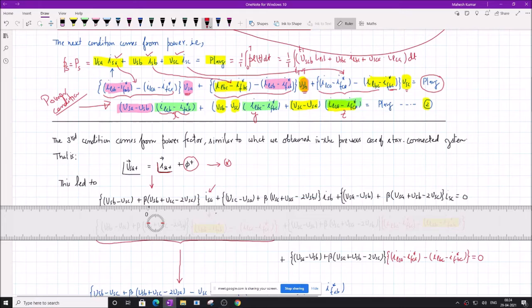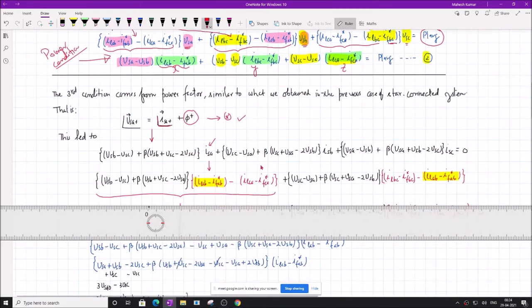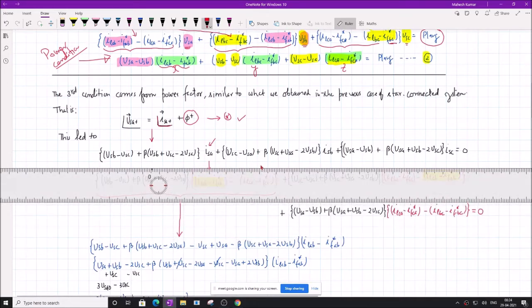If you can recall, we already have done it, because this equation is same. We are looking from source side. So if you look from the source side for given ISA plus and VSA plus, this equation will result into the same equation as we have done earlier. So I am directly writing this equation here. Okay, now this equation is what we have proved earlier. I hope you can recall it. This equation has come from this condition.